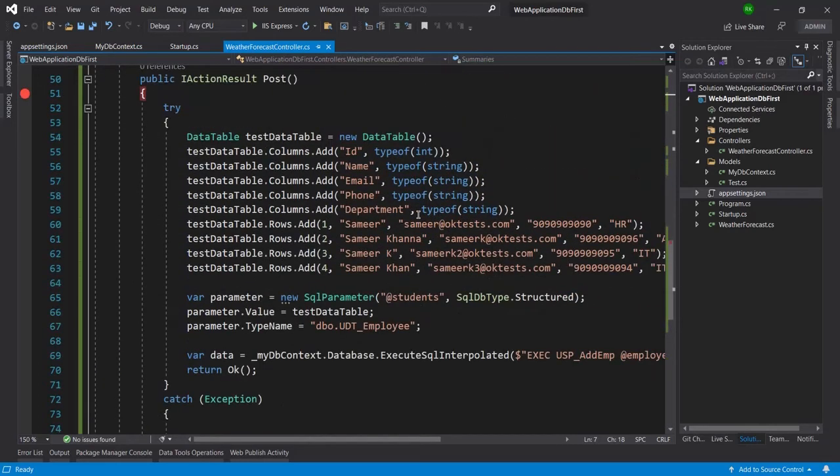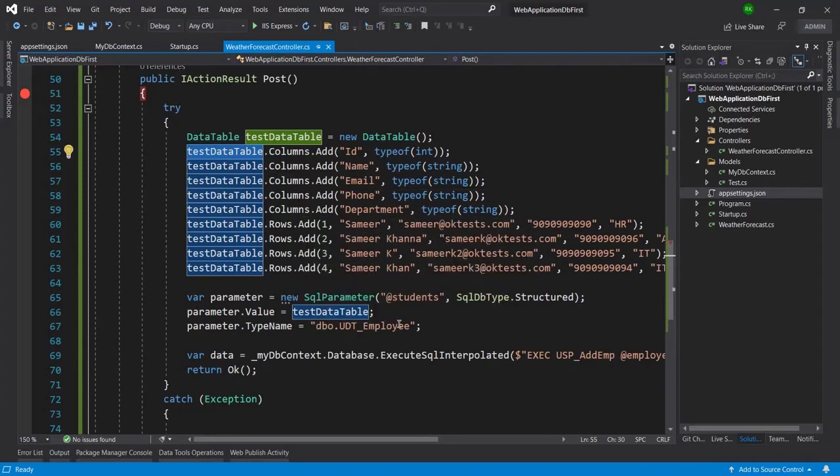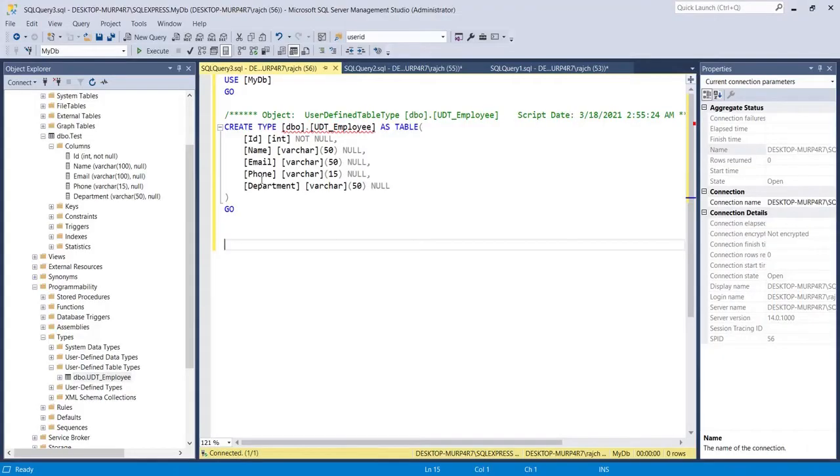Now here you can see I have added one column as ID, the second column is name, third is email, fourth is phone, and fifth is department, and the same number of columns I have given in the table value type.